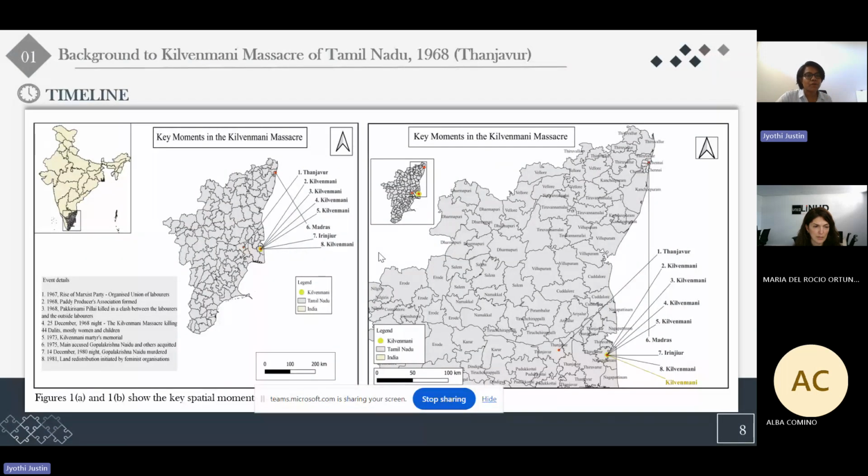These are like the primary mappings of what happened during the massacre. In 1967, there was a rise of the Marxist party in Tamil Nadu, especially in the Tanjavur district where Kilvenmani is located. And here, the rise of the Marxist party resulted in the creation of an organized union of laborers who demanded an increase in wage from the landowners. And the landowners belonged to the upper caste, and they were mostly exploiting the Dalit laborers. So this resulted in a clash between the upper caste